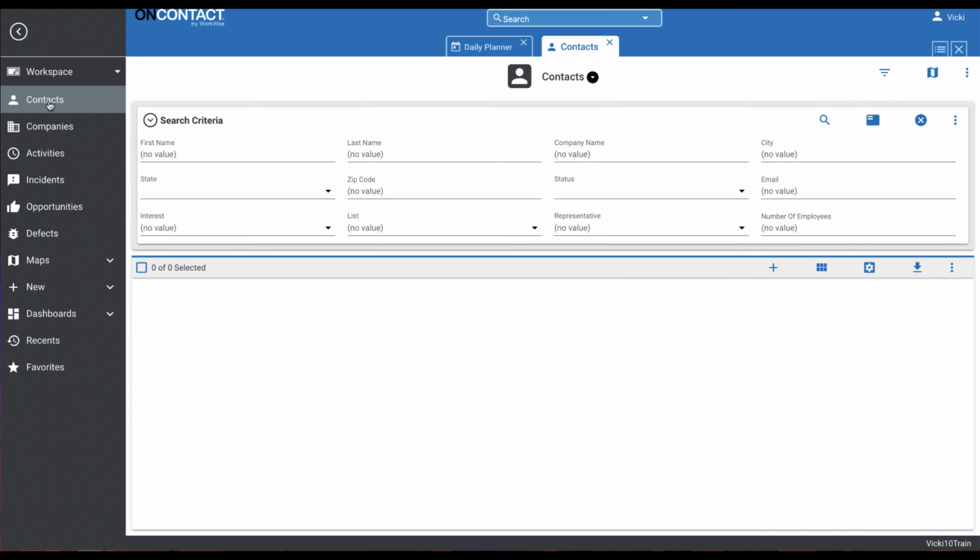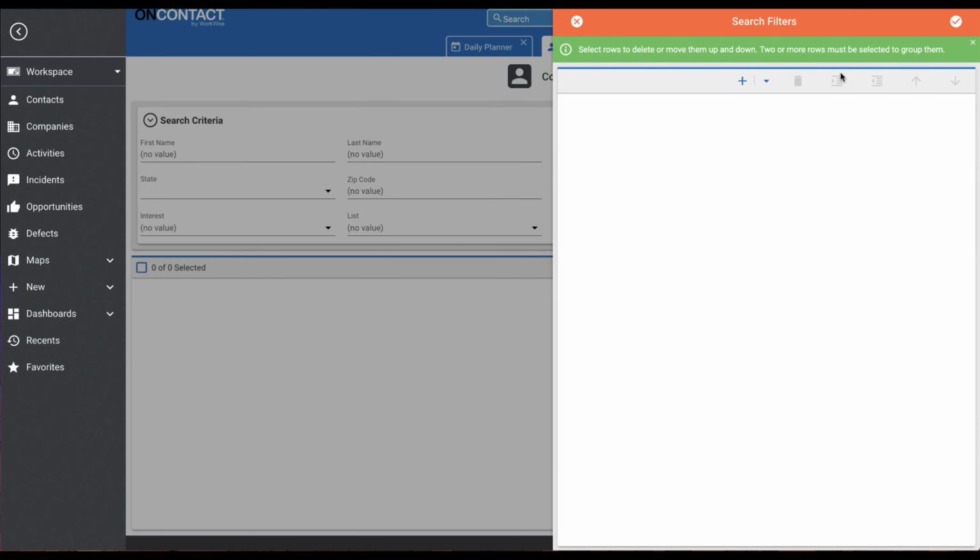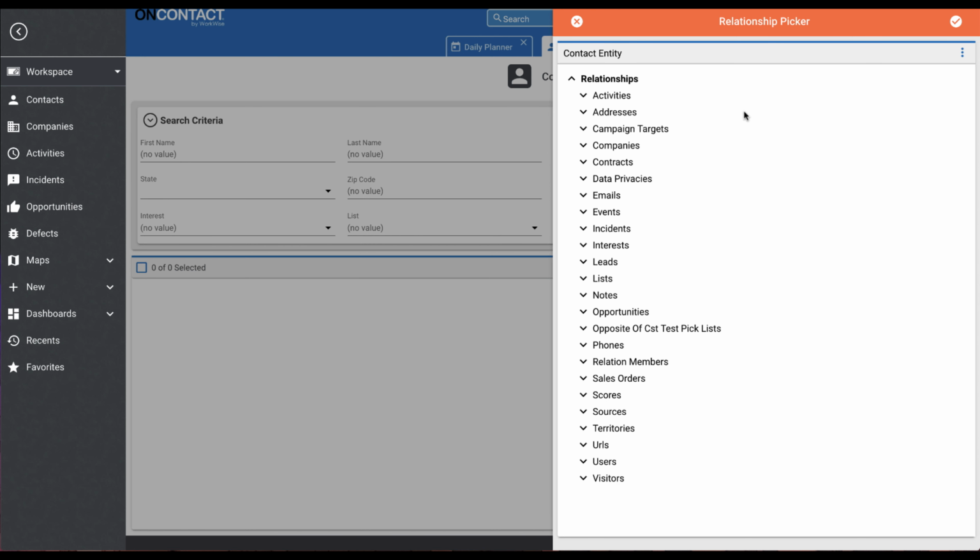To do this, open the Contact search, click the Filter button, click the small arrow next to the plus sign, and choose the Contains option. When the Relationship Picker opens, click Activities,